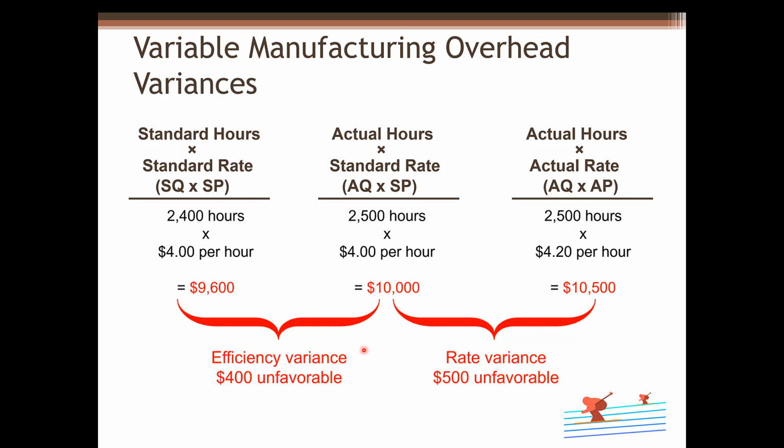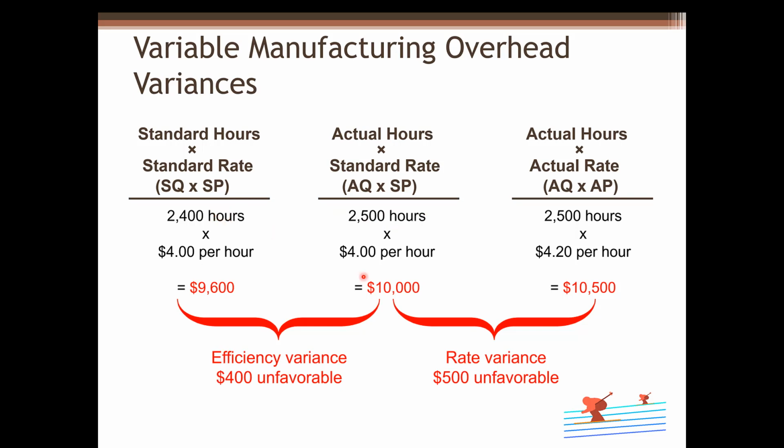Now let's take a look at variable MO efficiency variance and rate variance. The variable overhead efficiency variance, defined as the difference between the actual activity of a period and the standard activity allowed, multiplied by the variable part of the predetermined overhead rate, is $400 unfavorable. This is labeled as unfavorable because actual quantity of the activity, here in hours, is more than the standard hours